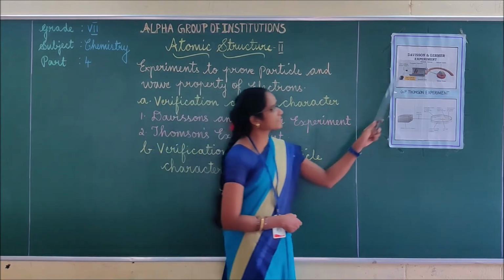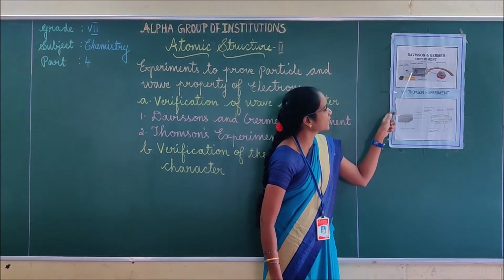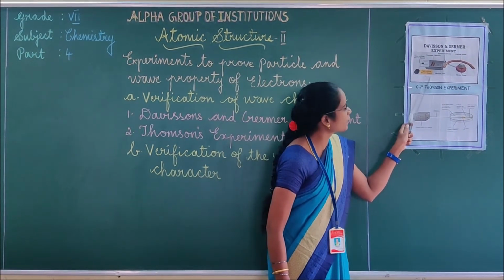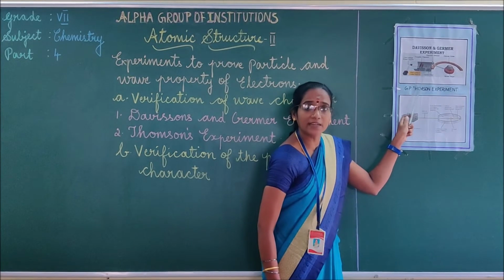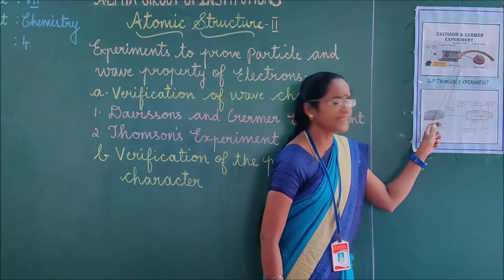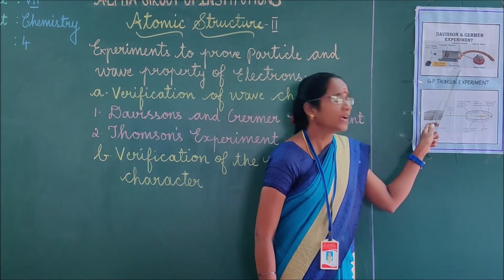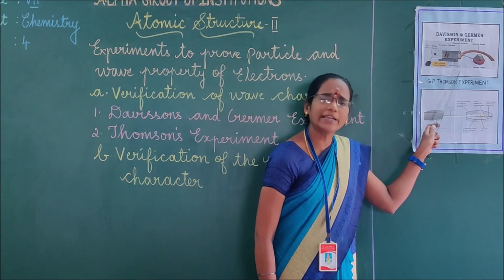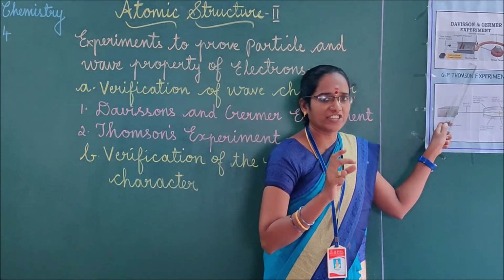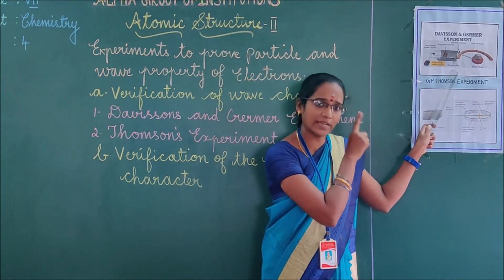Here this is the experimental setup. On this side, the low voltage power supply. Here, the high voltage power supply. Right? So this is the tungsten filament and this is the electron gun. This electron gun is nothing but the tungsten filament. It is mainly used to emit electrons when heated to a particular temperature. That's what the electron gun is used for in the Davisson and Germer experiment.